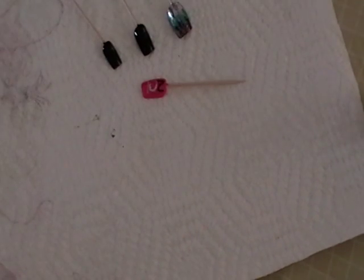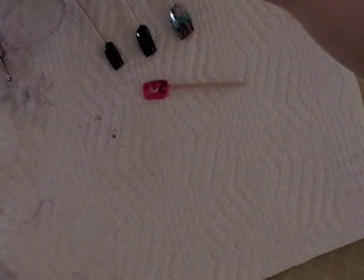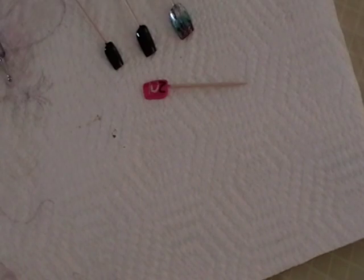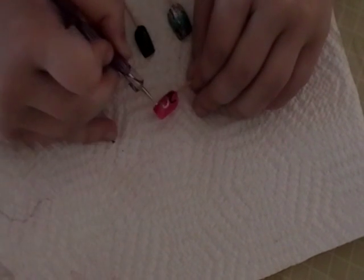Okay, and then the last one I'm going to do in white. I need a new white too. This is like yuck. Yeah. My white is just about dyed. So I'm going to take my dotting tool again and